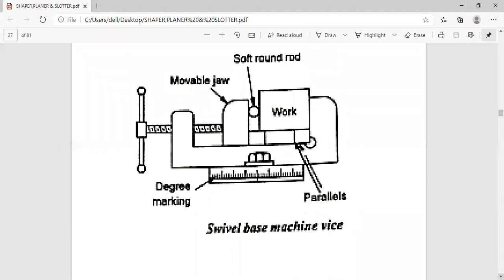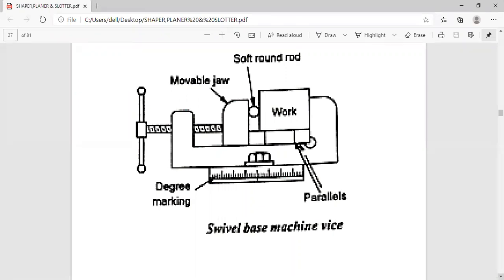You have learned the different machining parameters as far as the shaping machine is concerned: speed, feed and depth of cut. And you have learned about the components of a shaping machine, the construction: the base, the column, the cross rail, saddle, table, ram.